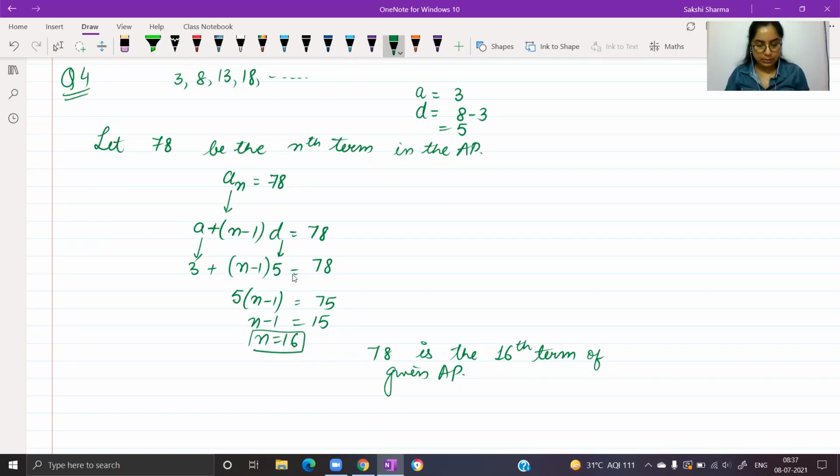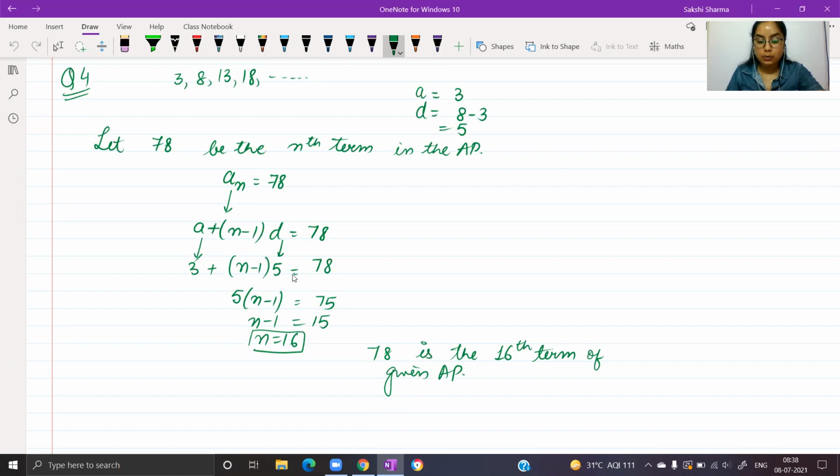So there is also an example similar to this, example number 4: which term of the progression is minus 81. Also, if any term is 0, you take the nth term as 0 and try to find out n. Since n is representing the position, the ordinal number, n will always be a natural number. In case n appears to be a fraction or you get an answer in decimals, you will say that this situation is not possible.